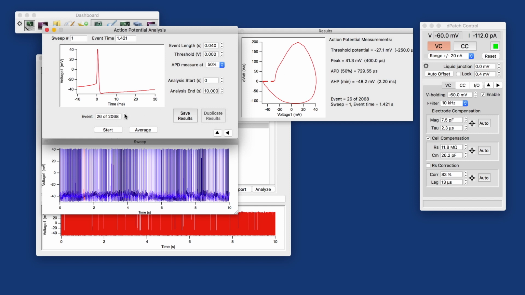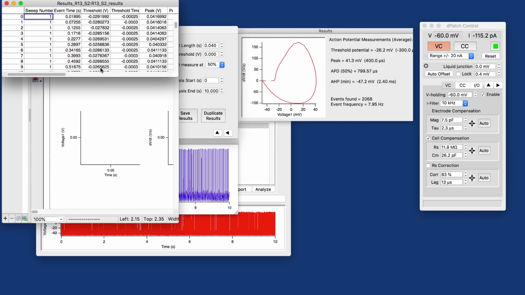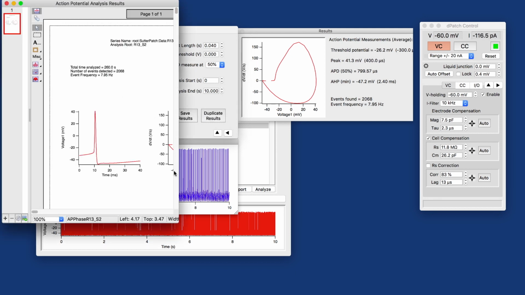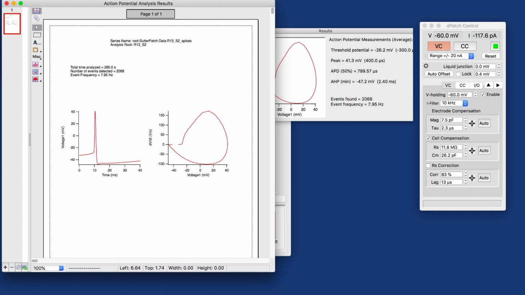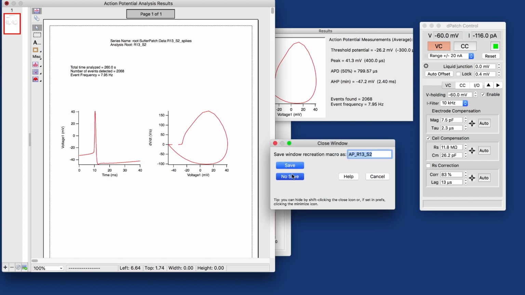That is a pretty sensitive way of plotting the action potential waveform, pretty sensitive to changes in the waveform. And again, things remain pretty stable throughout here because, as I said, not that much changes. Same thing here, if we average the results, we get the average phase plane plot, the average action potential waveform. And if we save the results, we get tabular results and a layout that we can use to keep track.